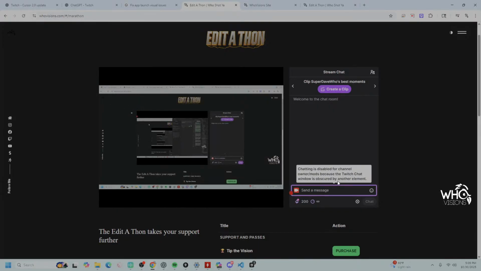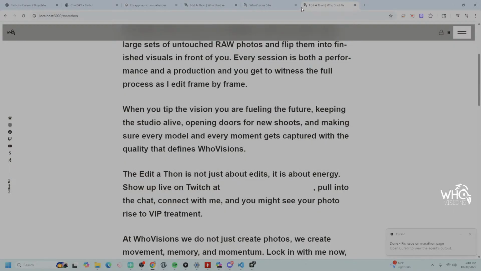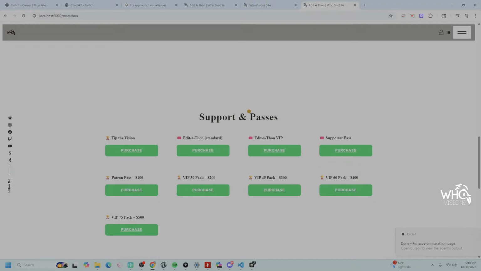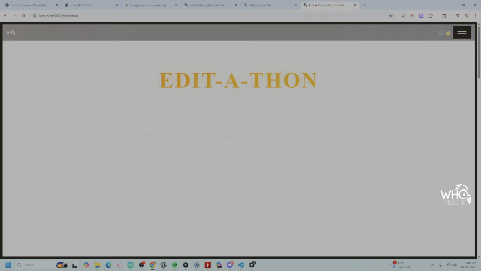My issue is that chat is disabled. I fixed Cursor. What did you fix? Look at that. And now you went ahead and put